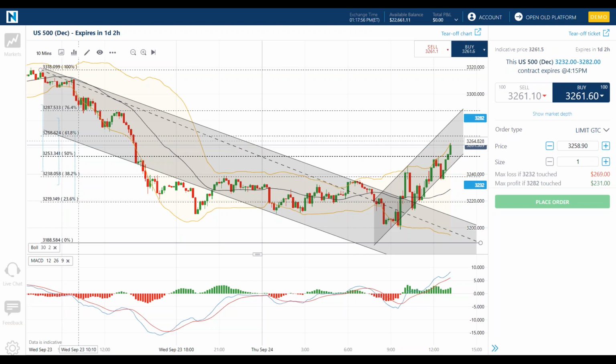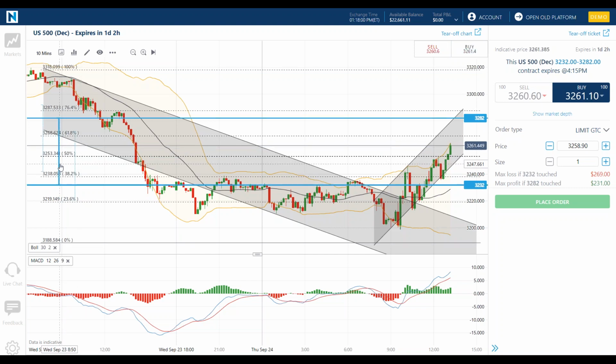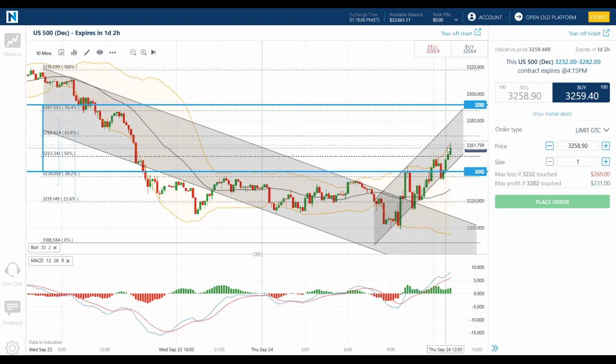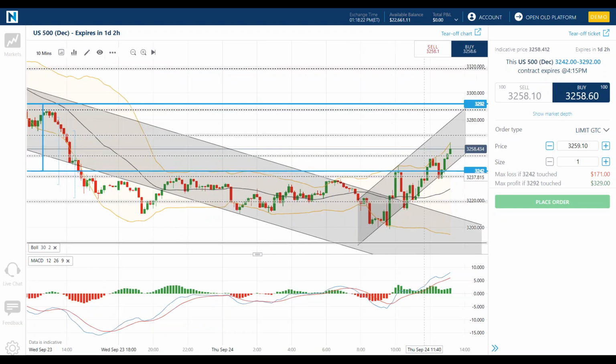the case, I could use one of my knockouts. Oh, no, I want to use the higher knockout. Hey, if I thought this was going to continue to go higher for a little bit, all right, here's a knockout where, if I were to buy in this 32.59 range, now, if it were to come down and touch 32.42, that's where I would get